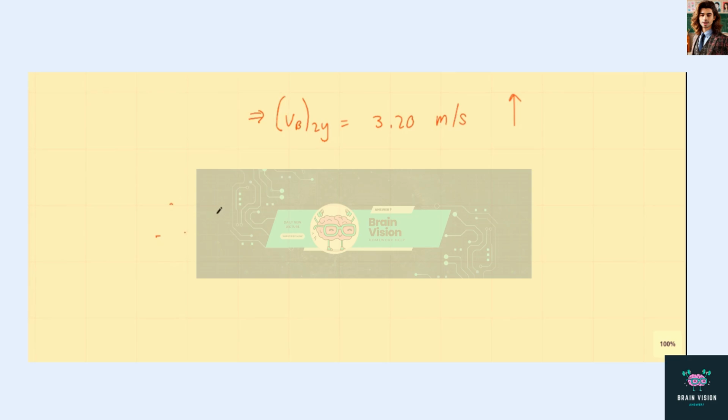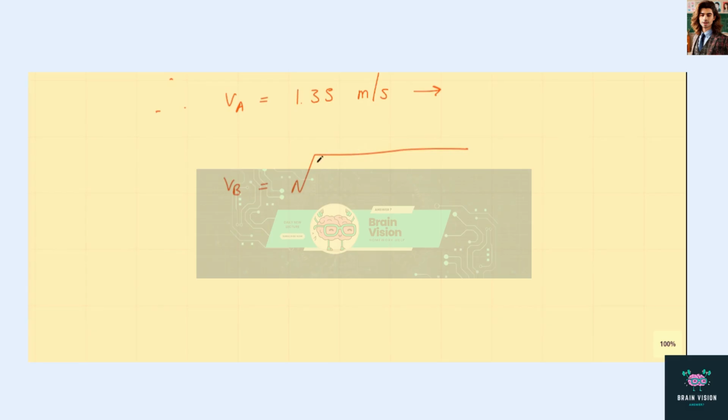Now we can write our final velocities for A and B. So the final velocity of A is simply 1.35 meters per second to the right. It only has a horizontal component, whereas VB has horizontal and vertical components. And so to calculate the magnitude of VB, we take its x and y components and square root the sum of their squares. So that's 4.59 squared plus 3.2 squared, all under the square root sign. So VB has a magnitude of 5.89 meters per second,